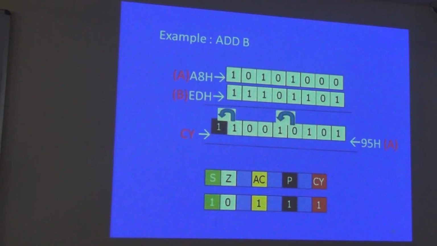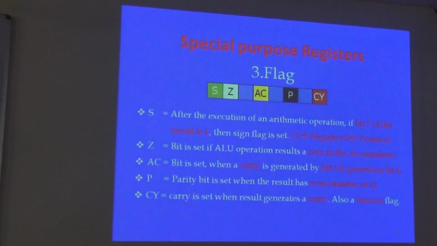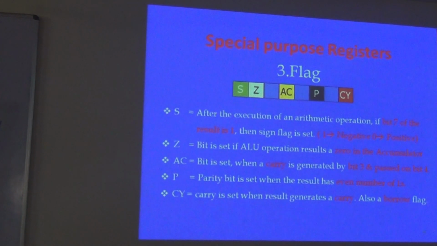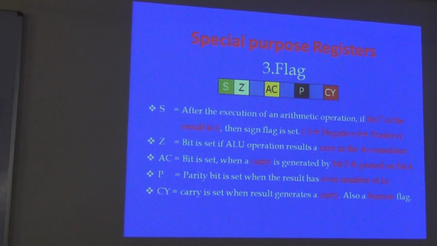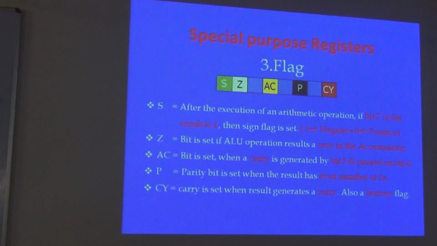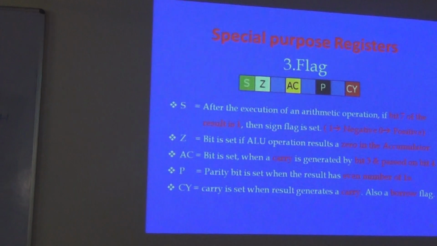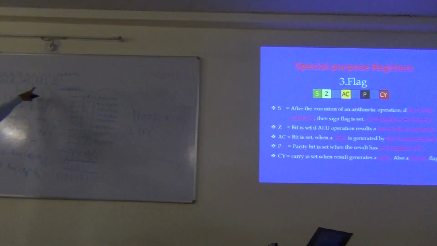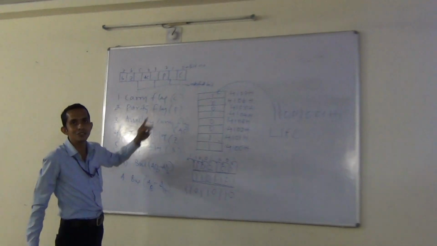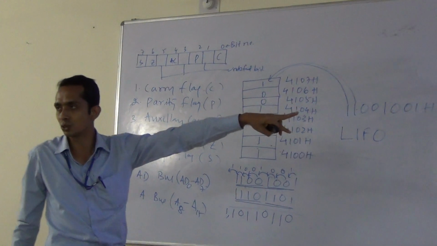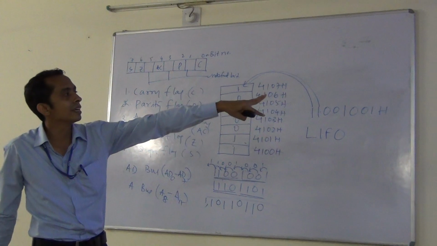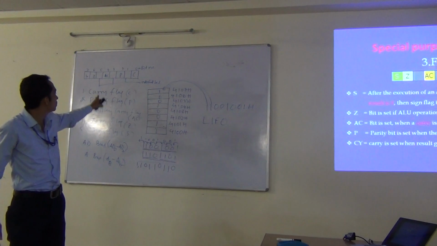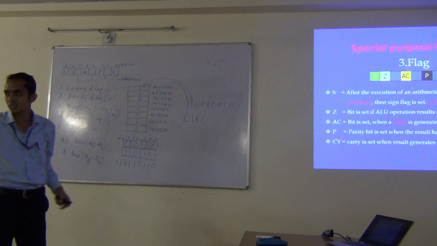As I have shown you in the diagram, just on my blackboard, how the carry flag, parity flag, everything I have shown in that diagram. Zero flag, sign flag, everything is shown in the diagram. And 3 undefined bits are also there. You can see in the slots. As I have discussed here, the carry, parity, auxiliary carry, zero, sign, everything is being shown, which is there in my slide also. I have written suitably S for the sign flag, Z for the zero flag, everything is being discussed with suitable examples in front of you.